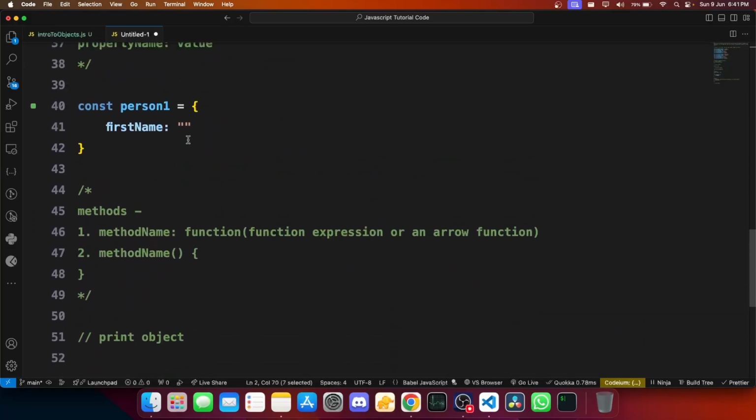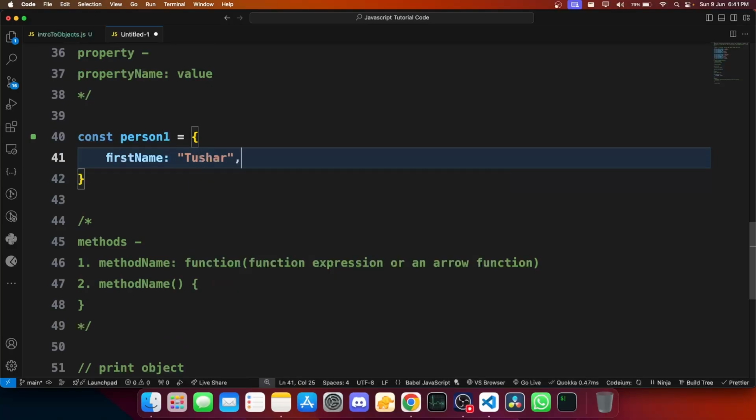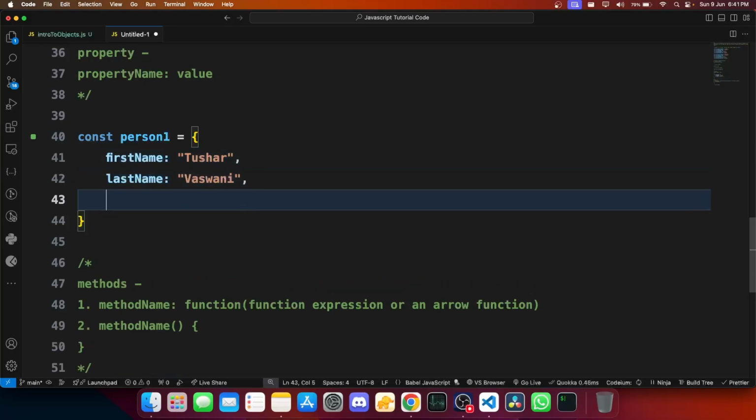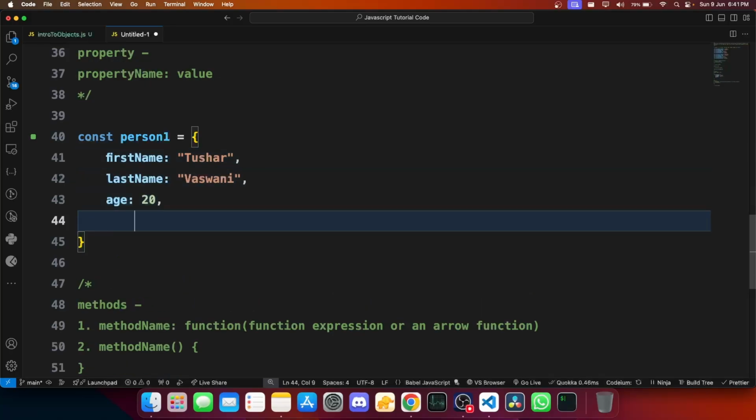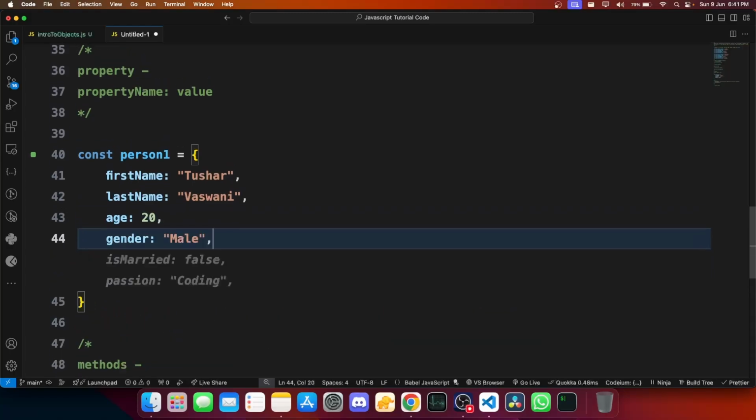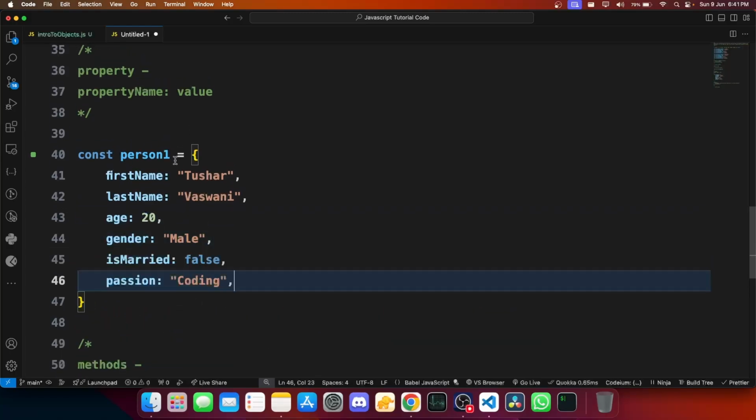Let me actually turn Codium on here because it will help here. So I can just say Tushar. At some places, I block this Codium because it irritates sometimes too much. But anyways, let's go ahead and do this. You can see it attaches all the properties automatically, and that's why I'm using it. Gender, and yeah,